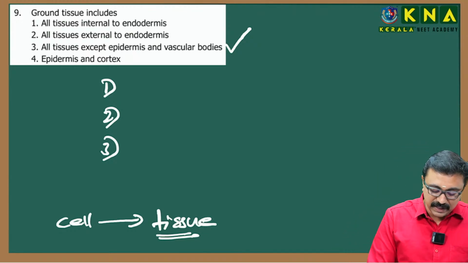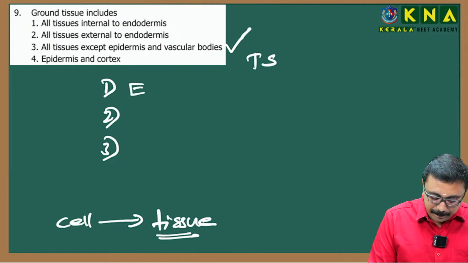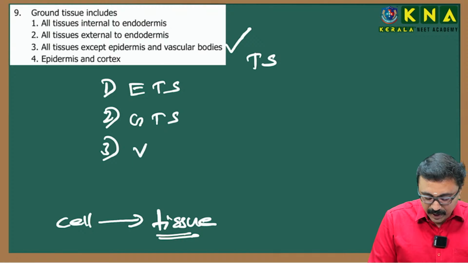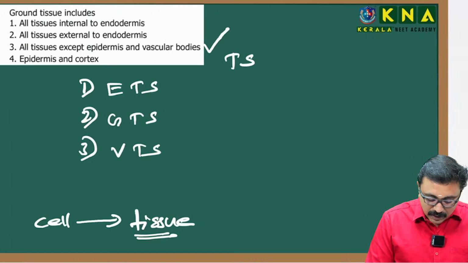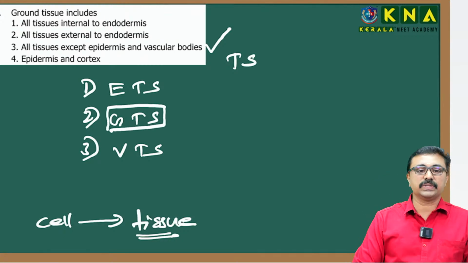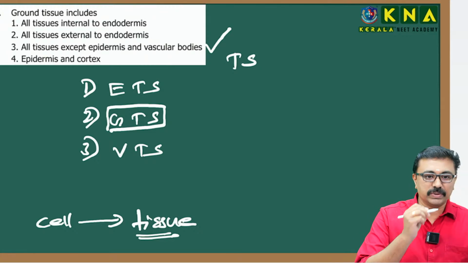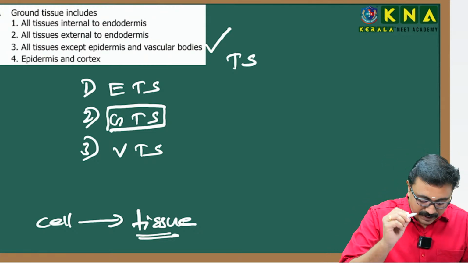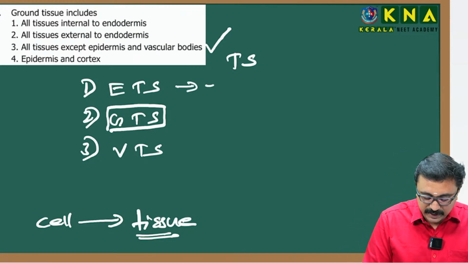Tissues perform all functions in plants. You can see there are 3 tissue systems in plants. They are epidermal tissue system, ground tissue system and vascular tissue system. So the question is about the ground tissue system. When we look at the epidermal tissue system, you can see that